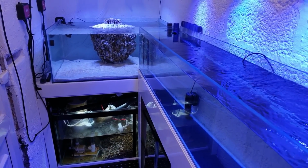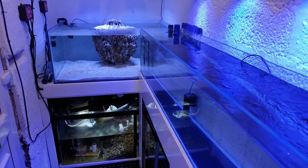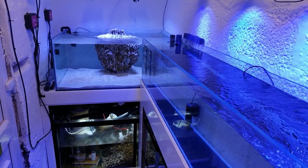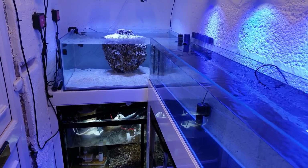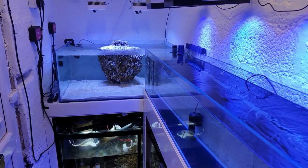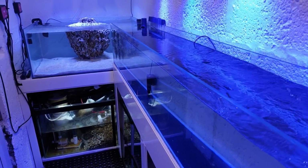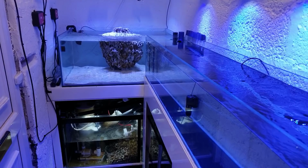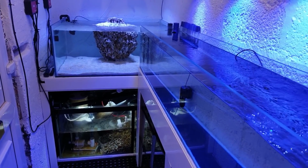put some money back into it, and obviously it's bringing on coral, so we're not taking from the wild, and that's one of the things that I can't stress enough, is all these corals that come from the wild. If you can buy ones that have been fragged off, buy those, guys, okay? I know everyone wants a huge big full-on reef with monster corals in and everything else like that, but the good thing to do is to buy the frags, buy off people, buy off friends, and you're going to end up with a nice little colony that's used to being in tank conditions, and that's important, and